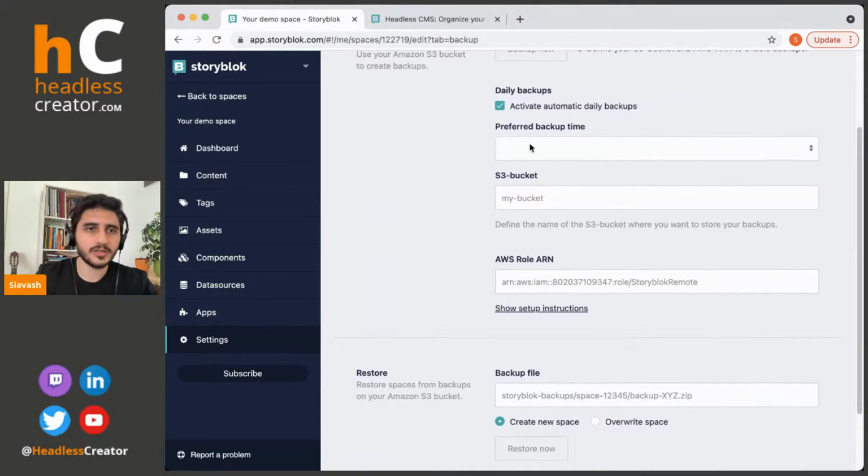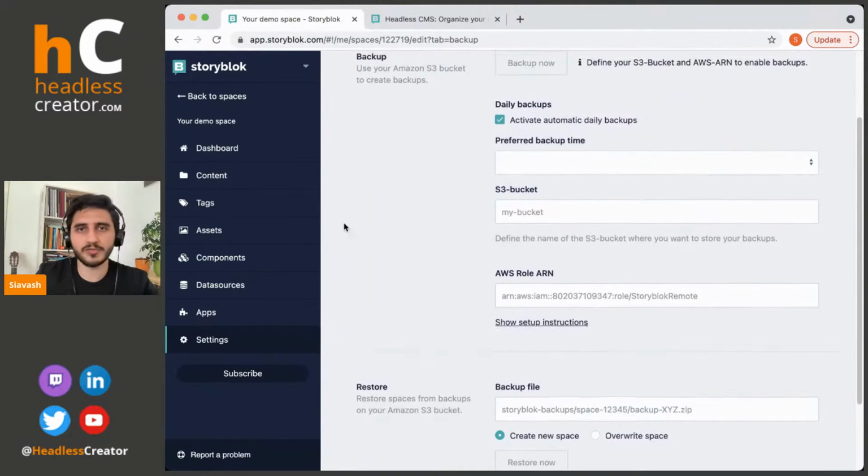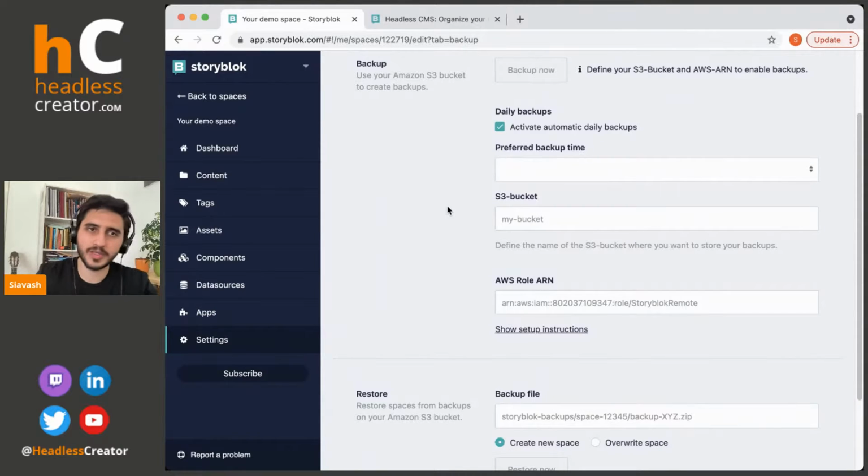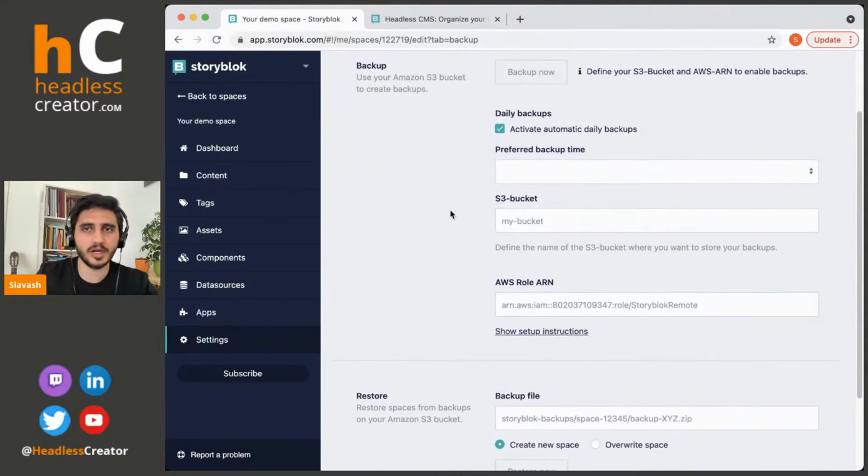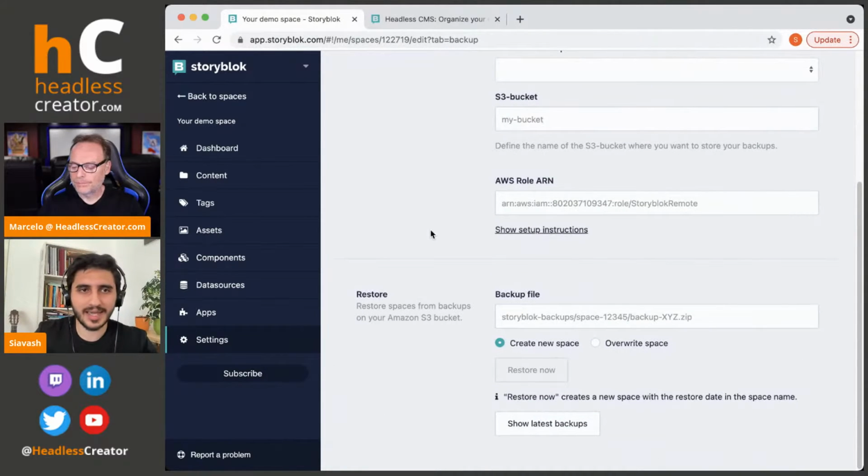Now, the way it works is, without going into too much detail, of course, all your data is going to be backed up in your individual Amazon AWS S3 bucket, and then you can use that backed up data anytime you want to restore your content. Just so you would know, for example, you can have all that data stored as a zip file, and then when you want to restore things, you can either overwrite the current space with the restored version,